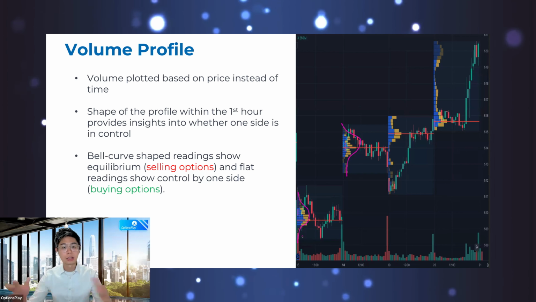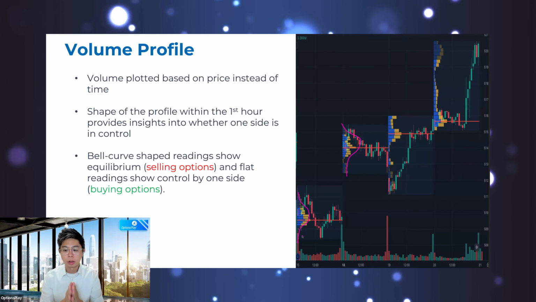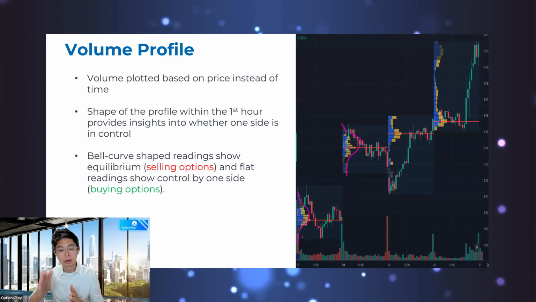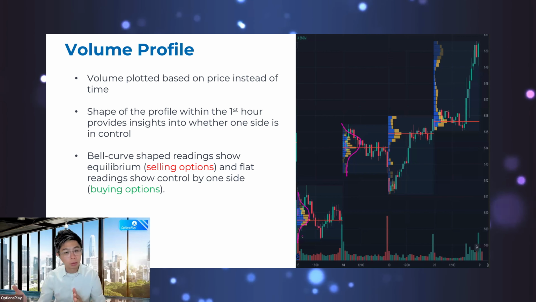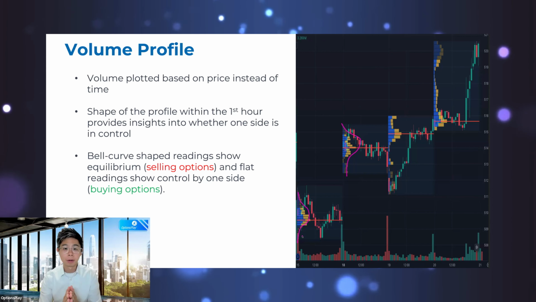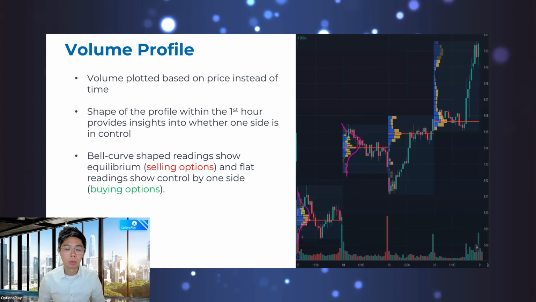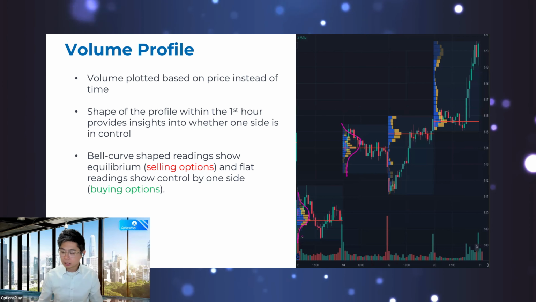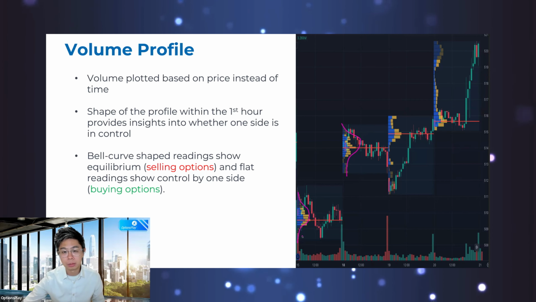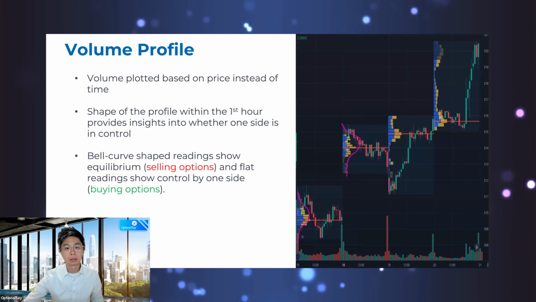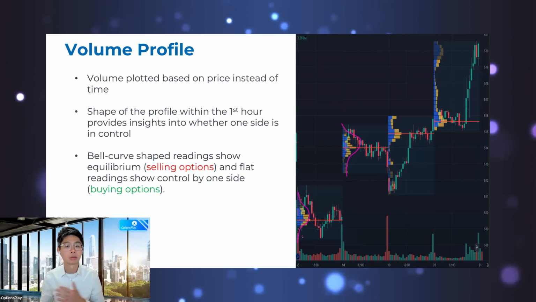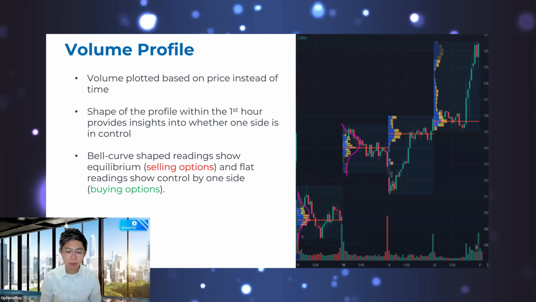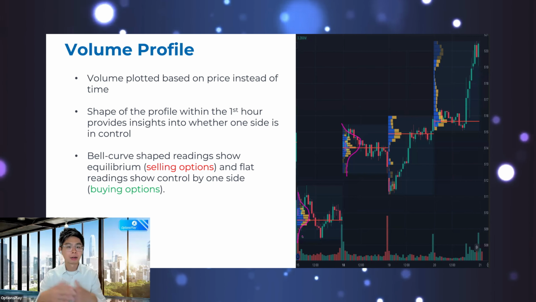where the profile is evenly distributed across what we call a point of control, a price at which there seems to be a somewhat equal amount of volume traded below that price and an equal amount of volume traded above that price. And it looks a bit like a bell curve, or at least a bell curve on its side. And what that tells you is that there's a bit of equilibrium between buyers versus sellers, and they're oscillating across one point, and it gives you that bell curve like shape. And you really see that within the first hour or so,